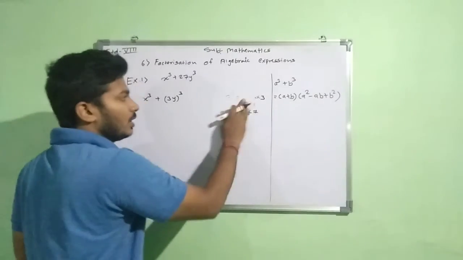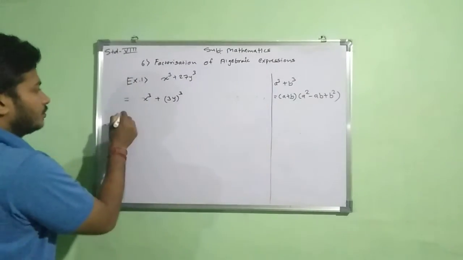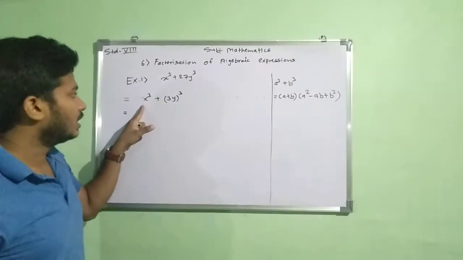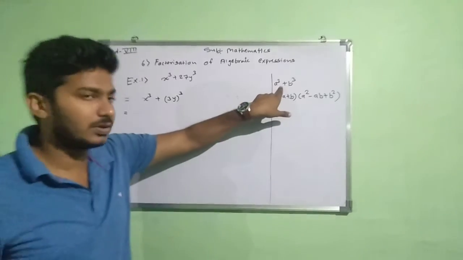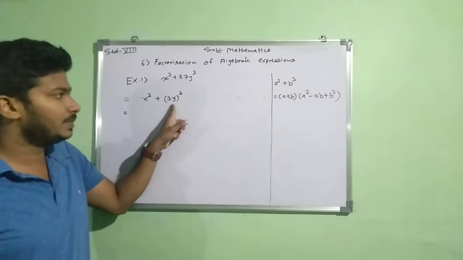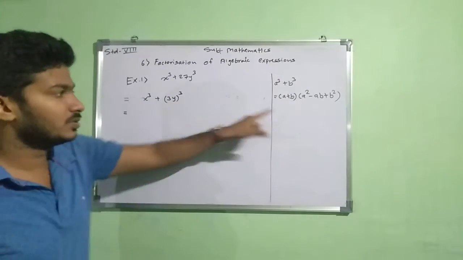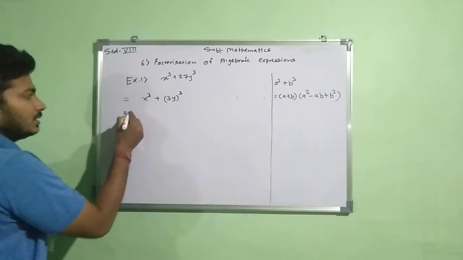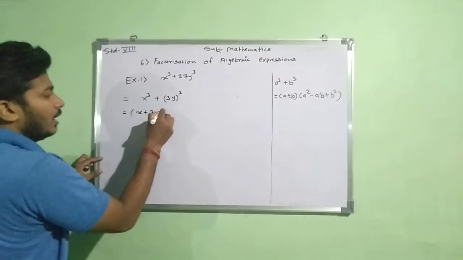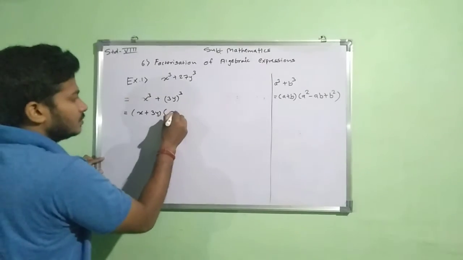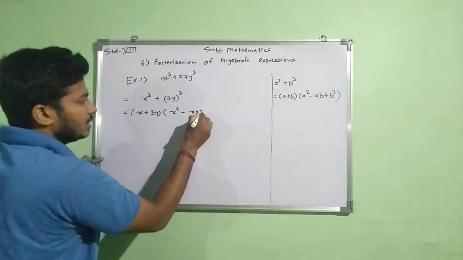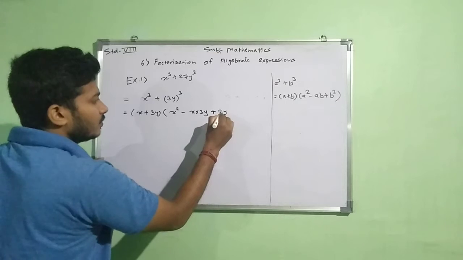Now we can apply our formula over here directly. If you look at that factor, which is (x cube plus 3y) cube, we can compare with our formula, and the value of a is x and the value of b is 3y, that complete term. Now we have to substitute those values in our formula, which is (a plus b) in the first bracket, that means x plus 3y, and in the other bracket, square of first term minus multiplication of both terms, that means x multiplication 3y, plus square of second term.